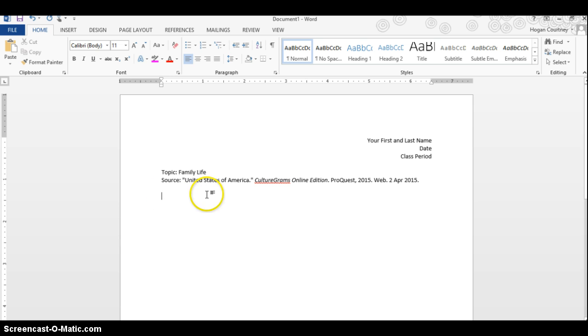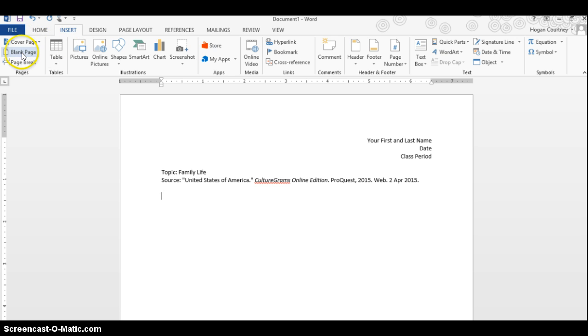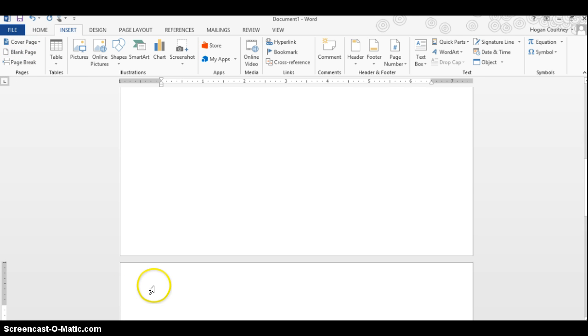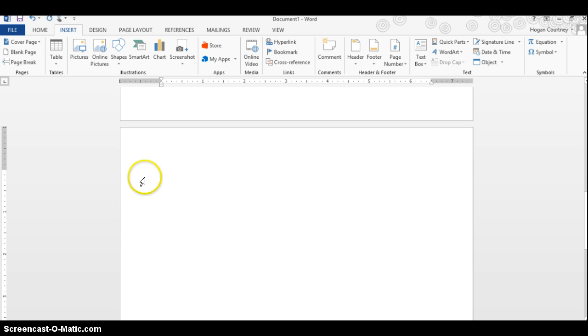So if I take my notes on this page and then I switch topics to one of my other culture topics, say I'm also in charge of food, so I want to take some notes on food for my country, you can come up here to Insert, and you can insert a blank page, and it will give you a new blank page, and you would want to repeat the process so that each of your pages has the same